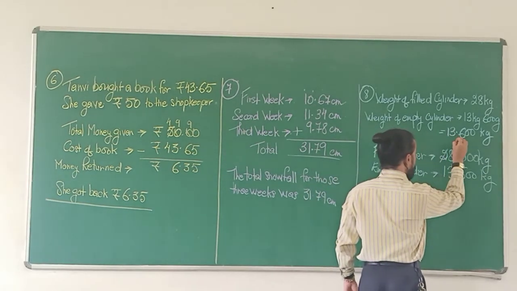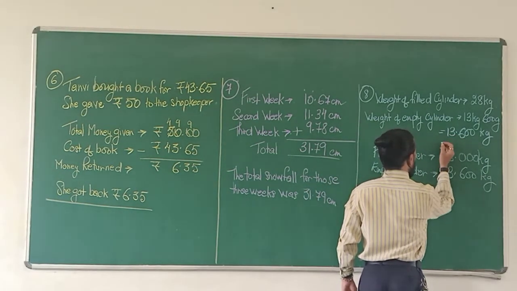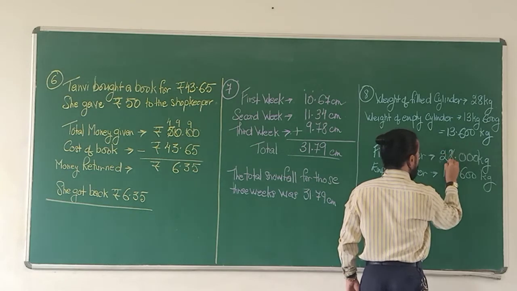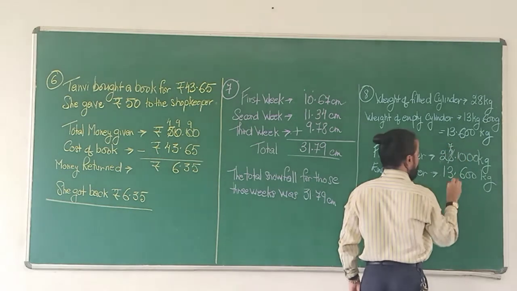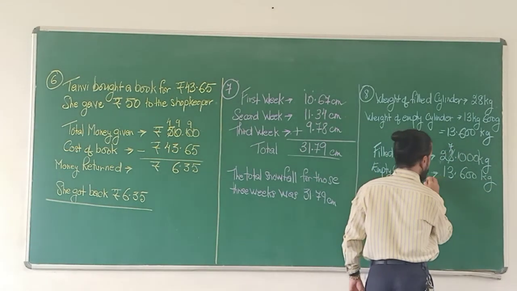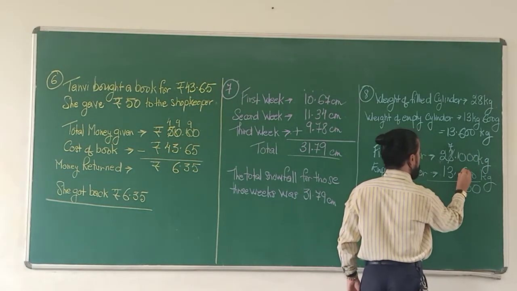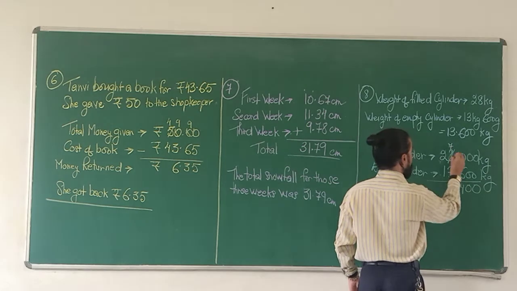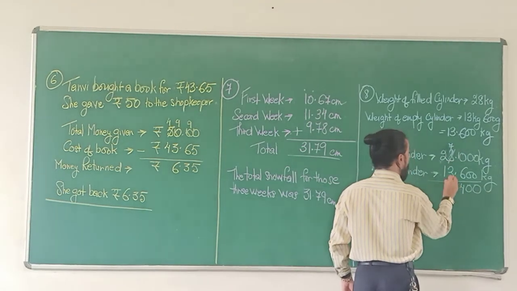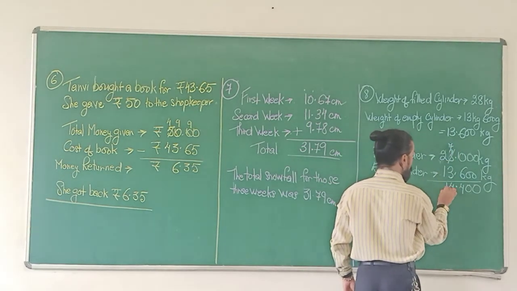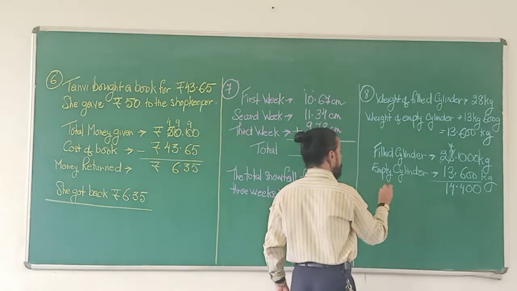Borrow 2 becomes no. This 2 will remain as it is. 8 will become 7. This will become 10. I don't have to borrow any further. 0 take away 0, 0. 0 take away 0, 0. 10 take away 6, 4. Point under point. 7 take away 3, 4. And 2 take away 1, 1. So this is